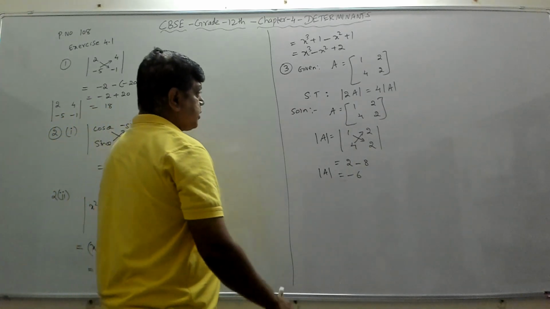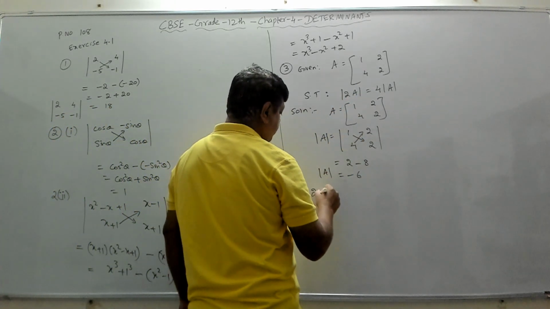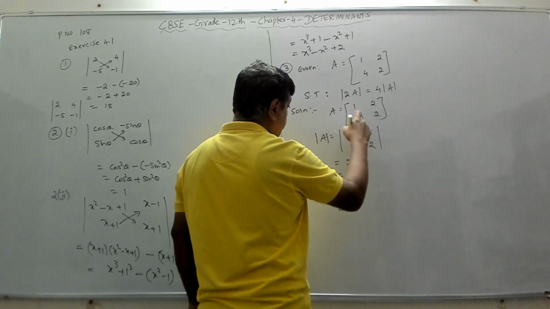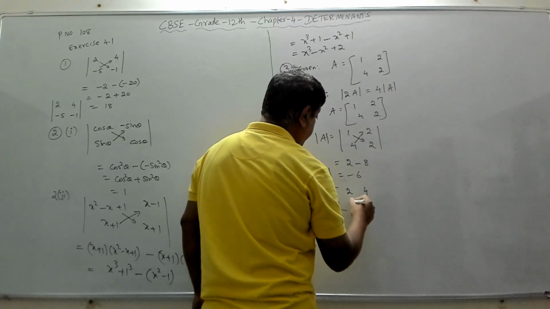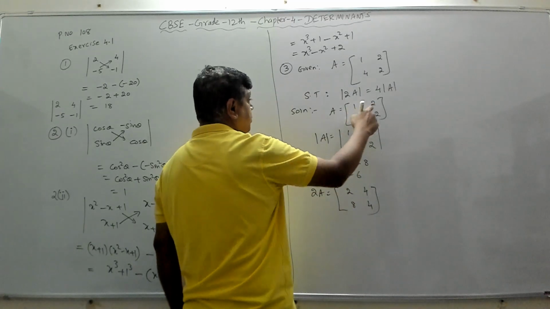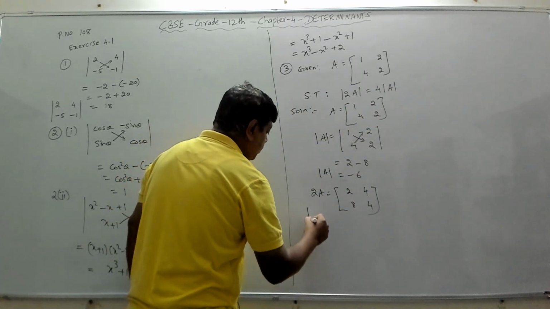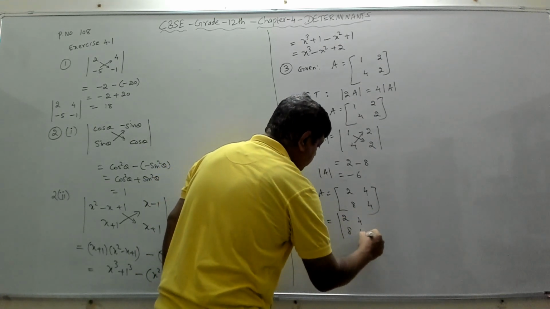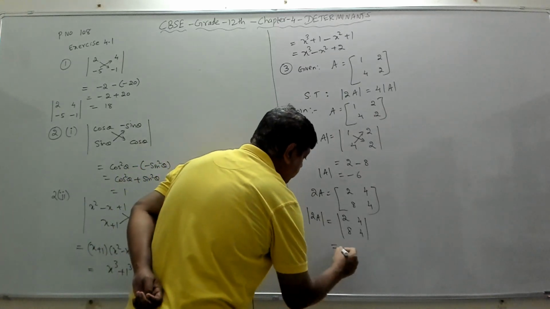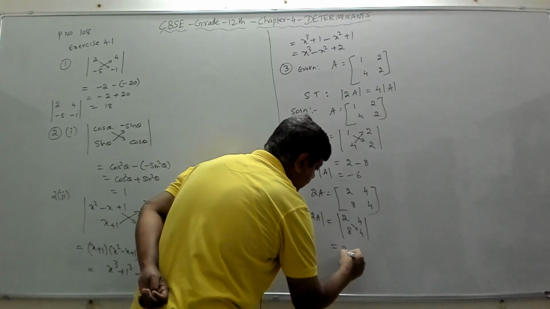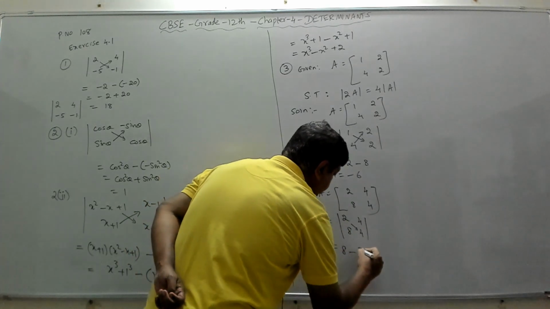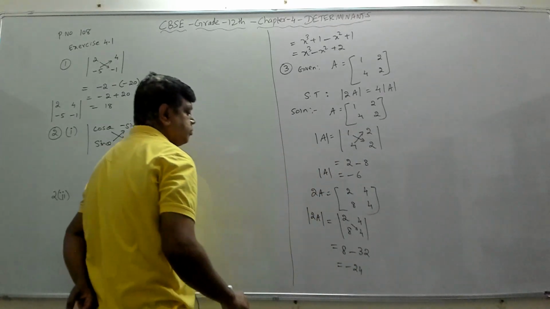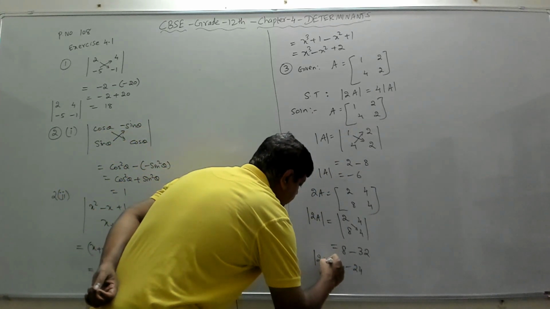Fine. Now let's try to find what is the 2A matrix. You have to multiply each element by 2. So this is your A, and 2A will be 2, 4, 8, 4. Each element is multiplied by 2. Now we have to find the determinant of 2A, the determinant of this 2, 4, 8, 4. What do we get, this into this? 2 4s are 8, minus 8 into 4 is 32. Now 8 minus 32 is minus 24. So that is your determinant of 2A.